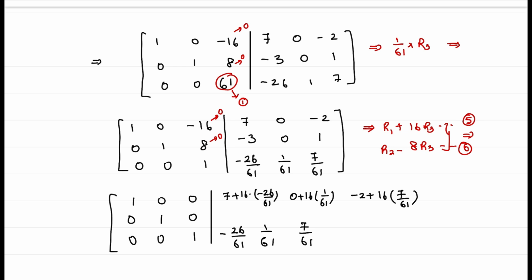R2 will operate. R2 is 0 minus 8 into minus 26 by 61. That is 863. Second will be 0 minus 8 into 1 by 61. Third will be 1 minus 8 into 7 by 61. Please be very careful